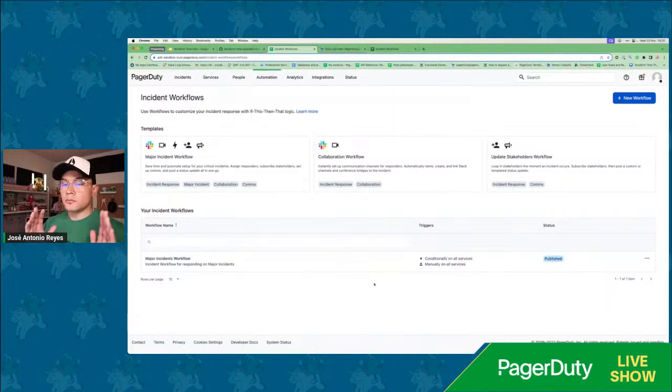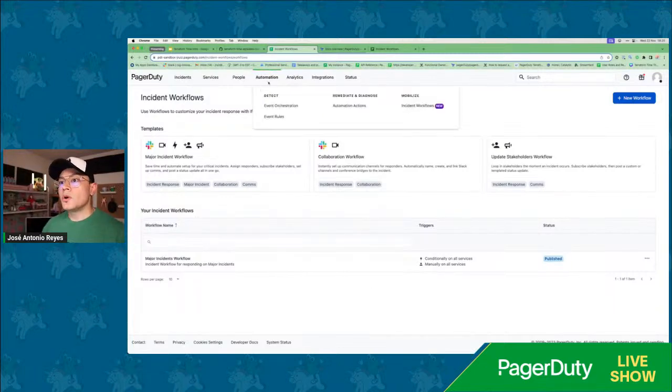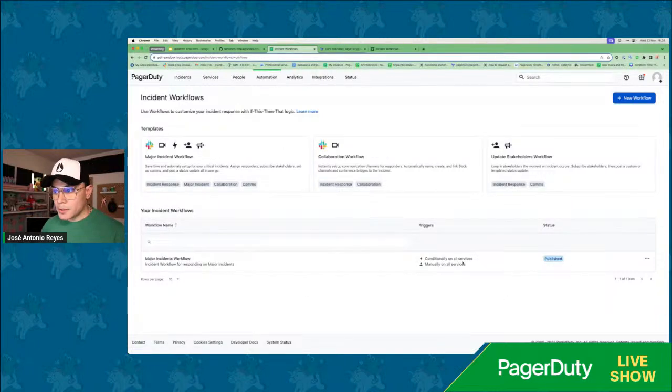If you are in your PagerDuty account and you can't find where incident workflow configurations are located, you need to go to the Automation tab, Mobilize, and Incident Workflows, and you will get here. This will be empty, only with the template proposals, which you can use to start